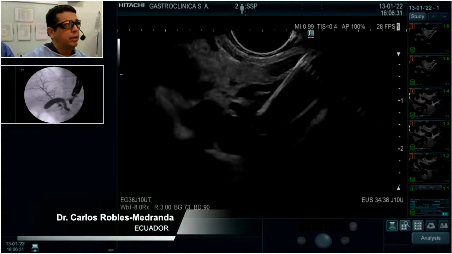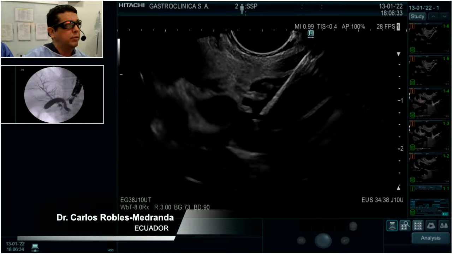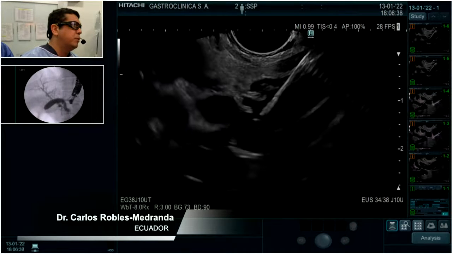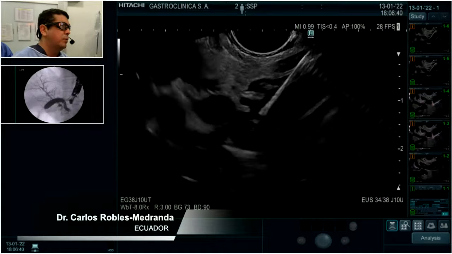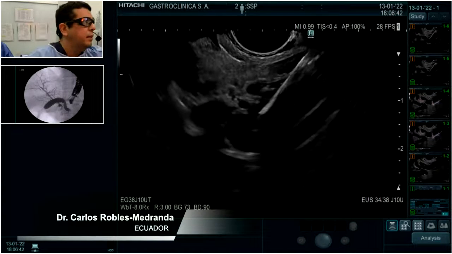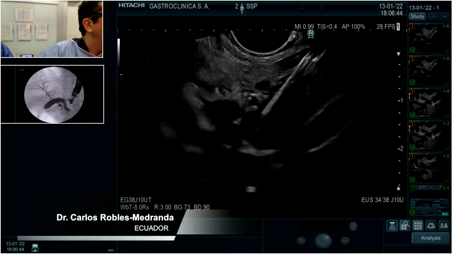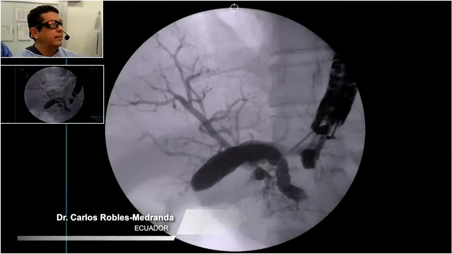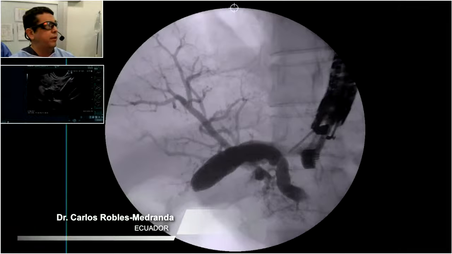So I don't believe that we will manage to cross, because there is no fluid going inside the small bowel. This is the anastomosis. So you can see at the end of the biliary tract, in the distal part, there is an anastomosis. So I will try to pass